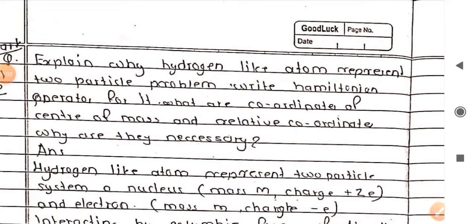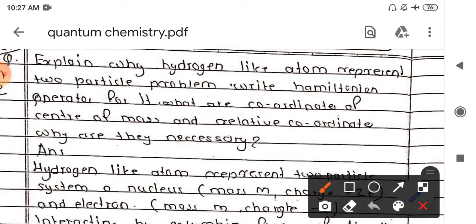Like we have previously finished with the rigid rotor, the same type of problem as the hydrogen or hydrogen-like atom problem. So what are the various steps that we performed to obtain the wave function for the rigid rotor? First we transferred our wave equation from Cartesian coordinates to spherical coordinates. From spherical polar coordinates we got the R equation, the theta equation and the phi equation, but for the rigid rotor R is constant, so the first equation, the R equation, tends to be 0.